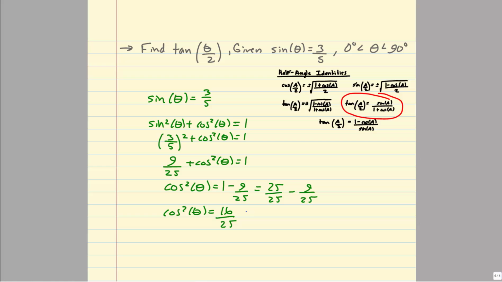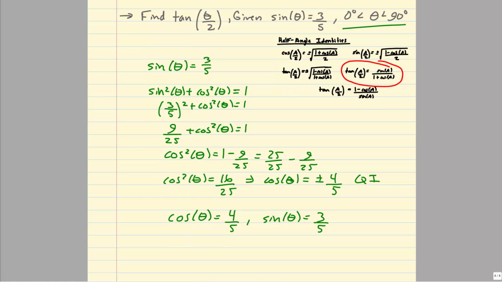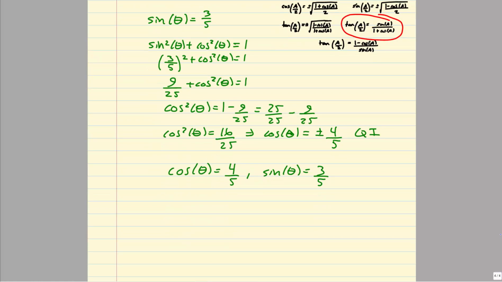Now what I'll do is take the square root of both sides and I get cosine of theta equals plus or minus, the square root of 16 is 4, square root of 25 is 5. But remember, I am in quadrant 1 from up here, so I can just say the cosine of theta is 4/5. Now I already know that the sine of theta is 3/5, and that was given to me at the beginning of the problem. So now to find the tangent